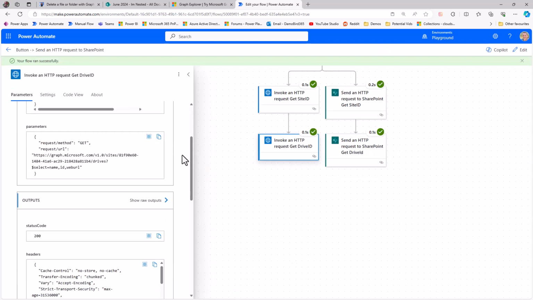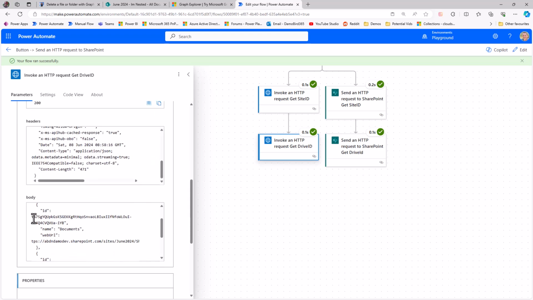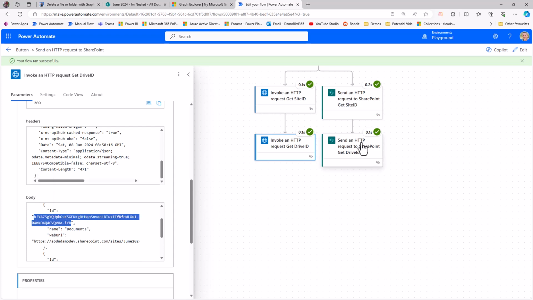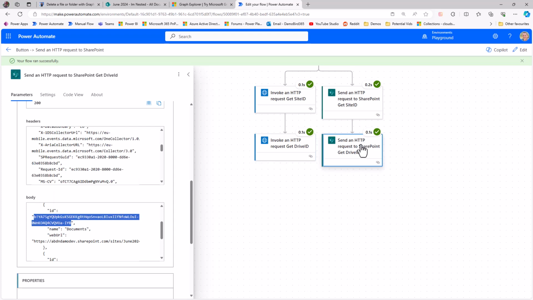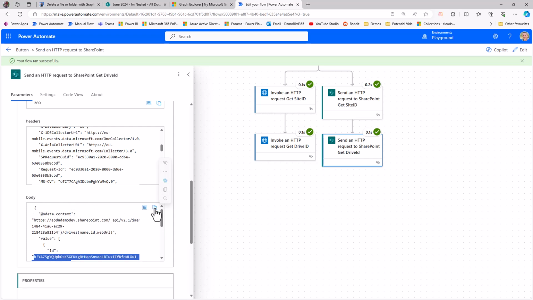So if we scroll down and have a look at the output, we'll be able to find in the body here the drive ID, which I'll just go ahead and highlight. And if I jump into the equivalent on SharePoint, magically it's highlighted also. So again, in the body we have that ID. And once more, I'm going to copy this and use it for later, because we'll need to write an expression